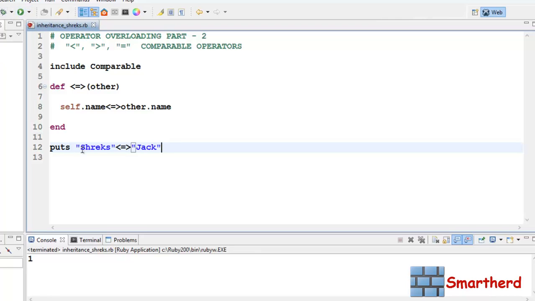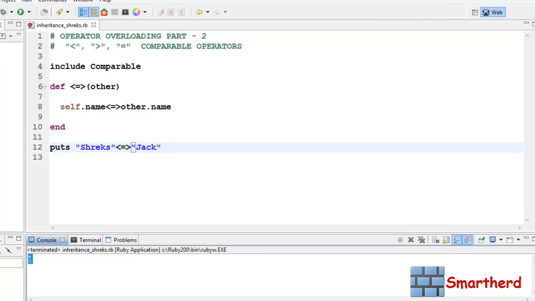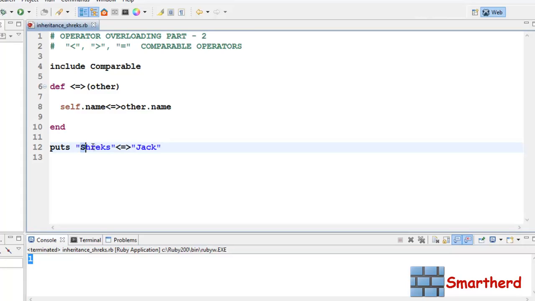Let's save it and execute it. Yeah, we get the output as 1. Why? Here the things are like this. Suppose this is the left hand side and this is the right hand side. If the value of the left hand side is smaller than the value of the right hand side, then we get output as -1.